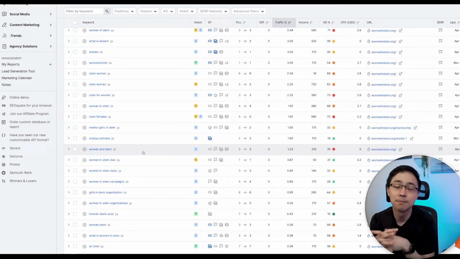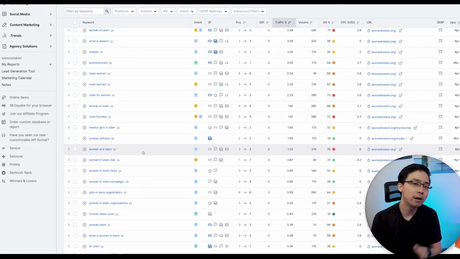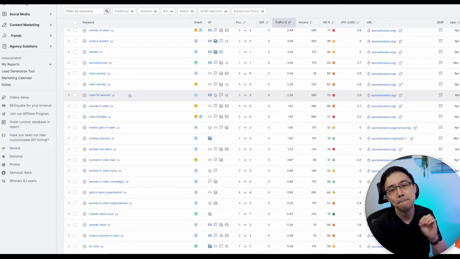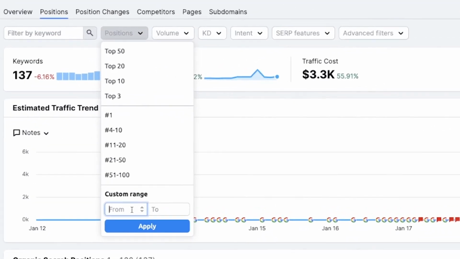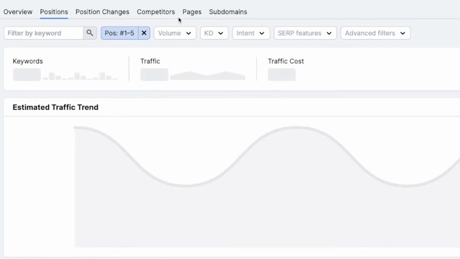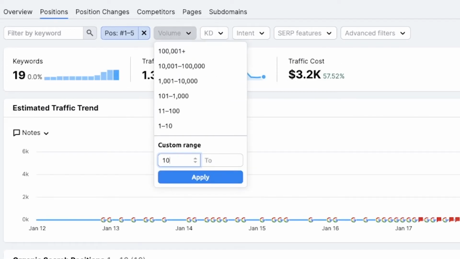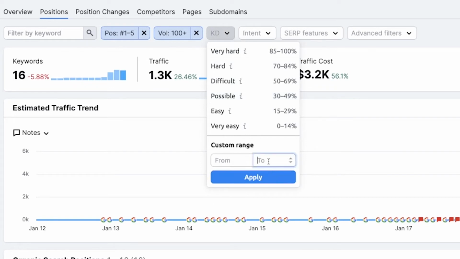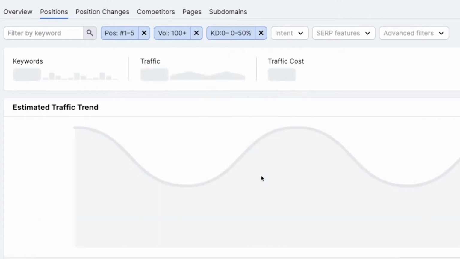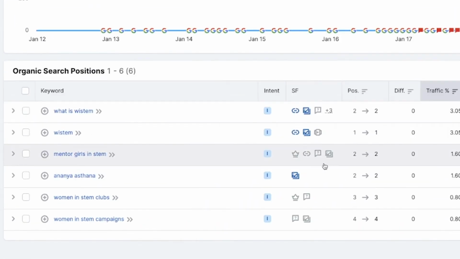When you're digging into this competitive analysis phase, what I want you to do is I want you to filter down based off of some different search parameters. So if, for example, you want to look at what's giving them the most traffic, you're typically going to want to isolate for positions 1 through 5, keyword volume of at least 100 or more, because that'll signal things that are a little bit more important to them. And then you can also look at keyword difficulty, maybe below 50 or so, and that'll give you a good starting block in terms of keywords.